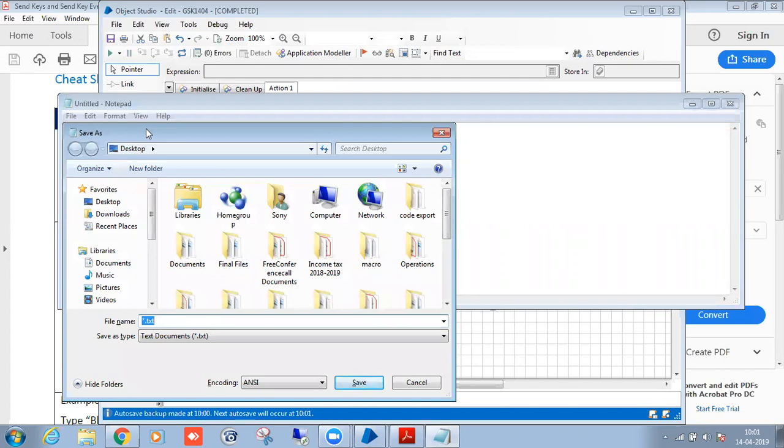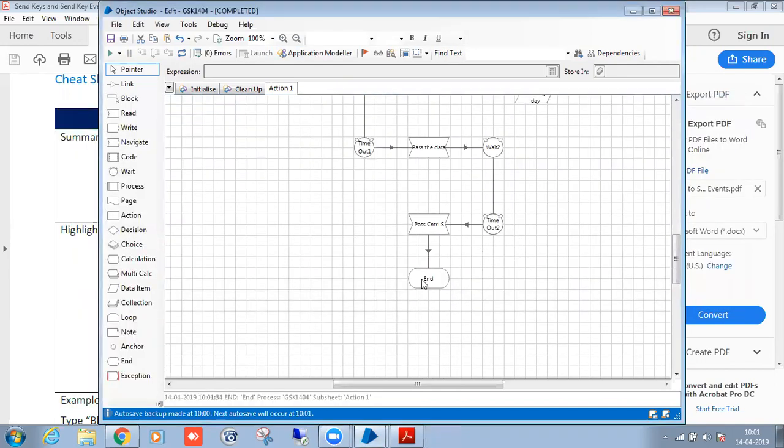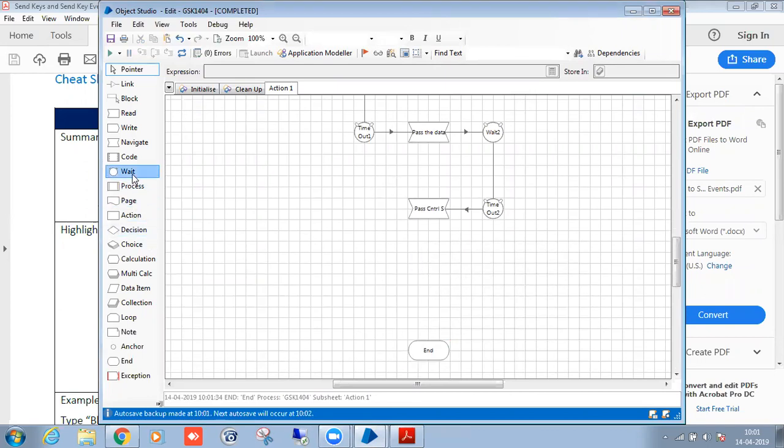So now we need to pass the file name and pass the Enter. Those two functions are pending. Now I will do this dynamically from the process, but first I will implement the logic here. Before and after using the global send keys, you have to use a static wait of 1 or 2 seconds.